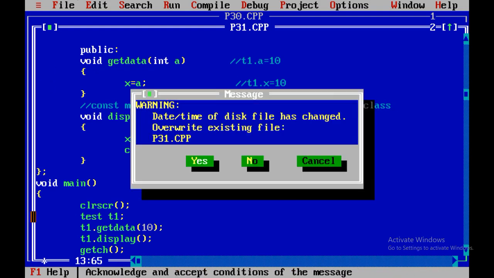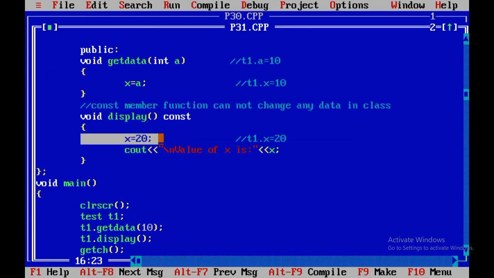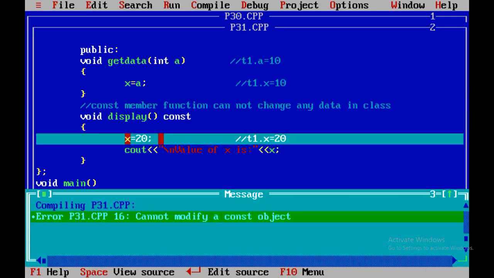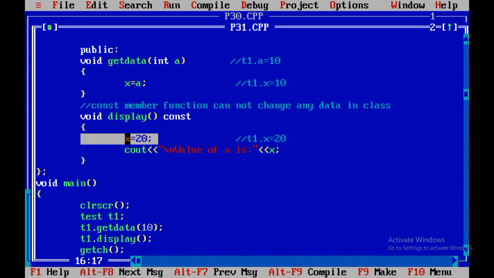That means now if I try to override the value of x by 20, it will generate an error: cannot modify a constant object. So remember, you make a function constant when you develop a function through which you don't want to change any values of variables. A constant function can be declared this way: void display, brackets, and then the keyword const.